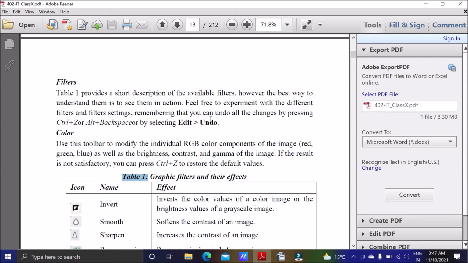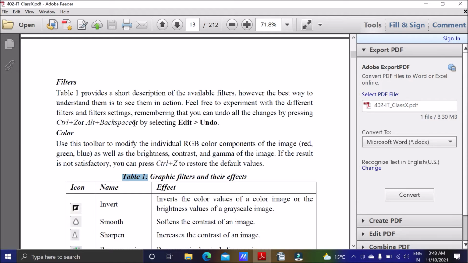Now suppose you have done something and you are not liking it. So the image is not changed, or you can go for the backspace option also. So you know always that you can go for Ctrl plus Z for backing your action. You can go for Ctrl plus Z, that is undo. Or you can click on edit and then select undo. That you can also do, or you can go for Alt plus backspace.